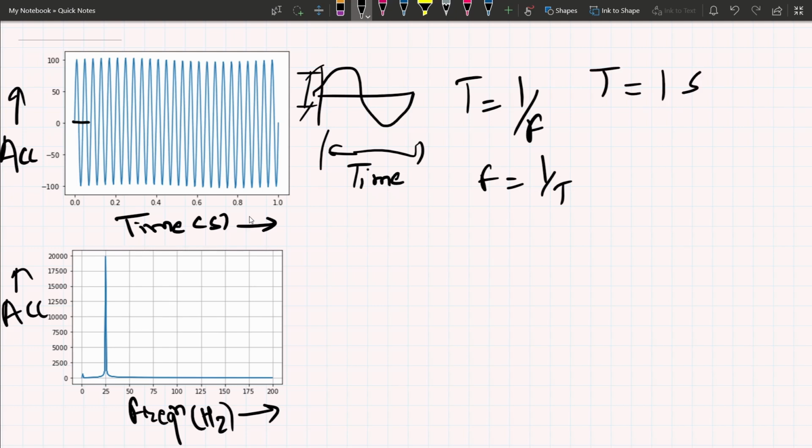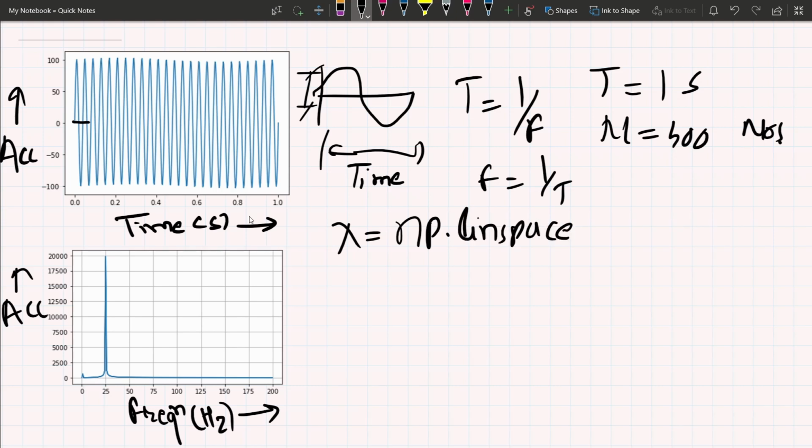We will run for t is equal to 1 second, and the number of samples in this 1 second is around 400. So we start with 0, and in Python we will start with np.linspace. In FFT only 3-line code is needed.